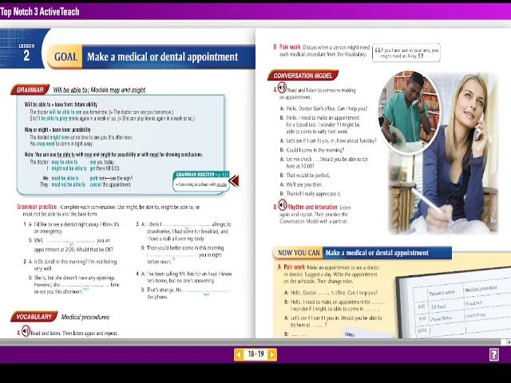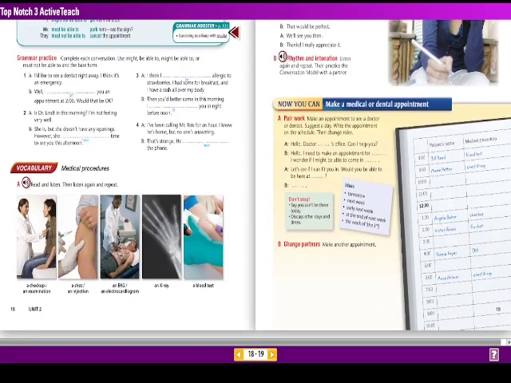Here we have be able to and might, okay? Be able to is a future ability. For example, I don't know if you will be able to give me an appointment for next week. And might is to sound a little bit more formal, okay? The dentist might have some time to see you this afternoon, for example. That might is softening the message a little bit.